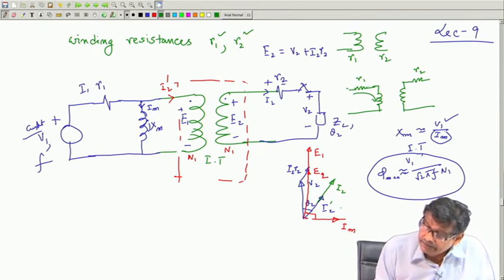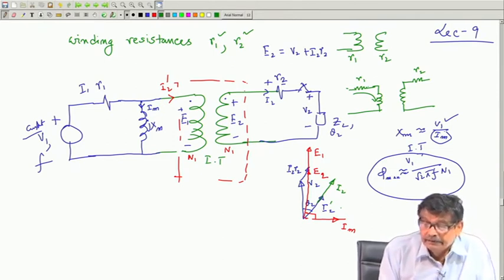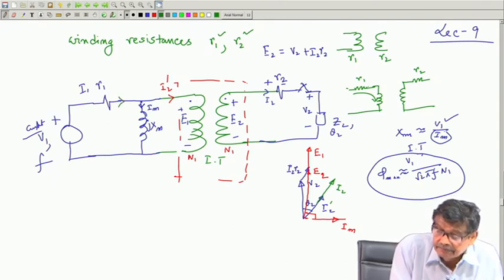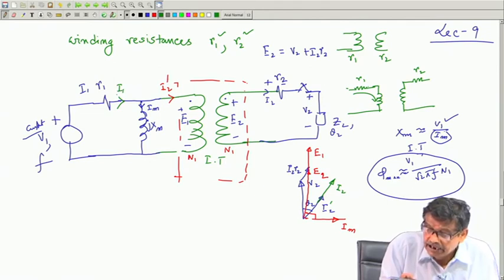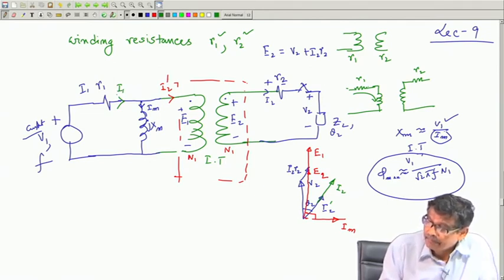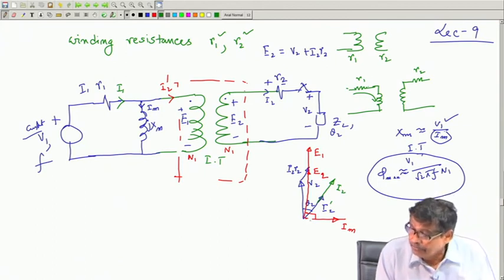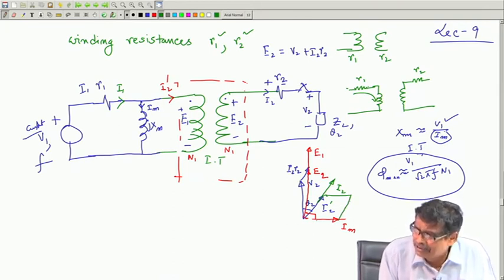Then I will say that this current I1 will be I2 dashed plus Im. So, Im is known, I2 dashed is known. So, I will add these two. Mind you, I have shown Im slightly higher in length, it is not so, Im is small, anyway whatever I have drawn. So, this will be your I1,